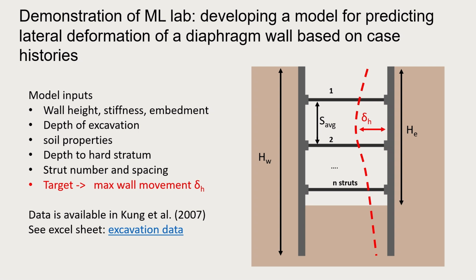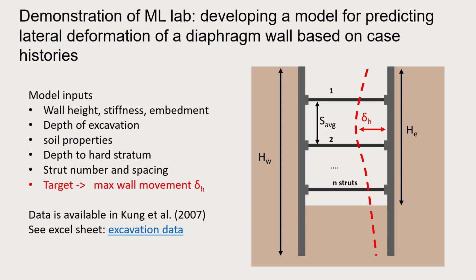So this is an example of how to train a neural network algorithm on deep excavation data. Deep excavation is a problem in geotechnical engineering where it is challenging to predict the lateral wall deformation, delta H sub H here. This is a complex problem because of the number of inputs that are needed to evaluate the lateral deformation of the wall. So what we are going to do is train a neural network model based on case histories,